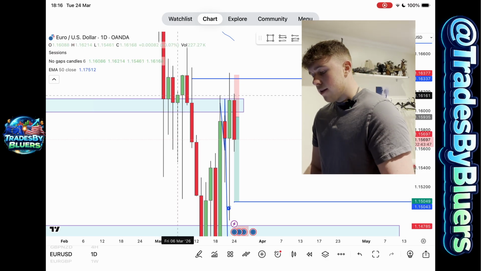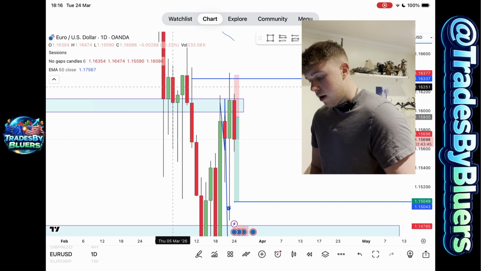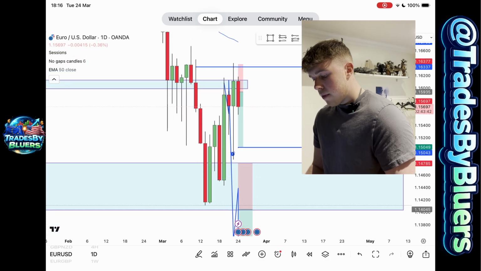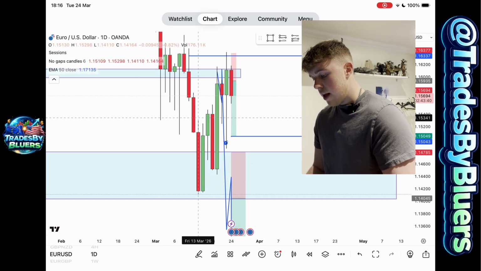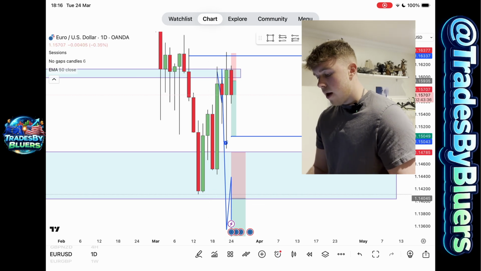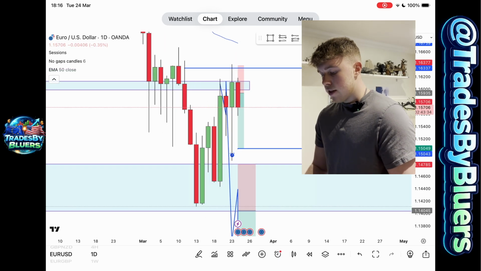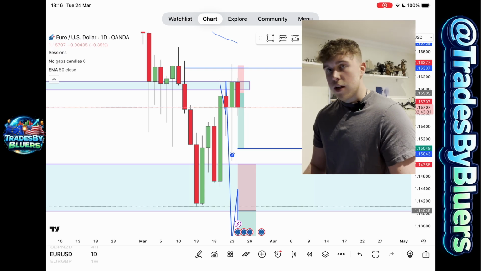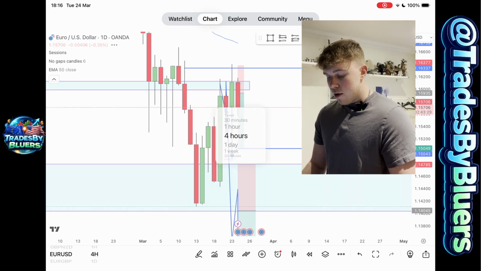So that is a valid structure point. This one here is not, and obviously this one here is, but it's obviously not created a lower low, so it's still bearish. So looking for sells on the daily as well, so that's 2 out of 3. And if we look at the 4 hour,